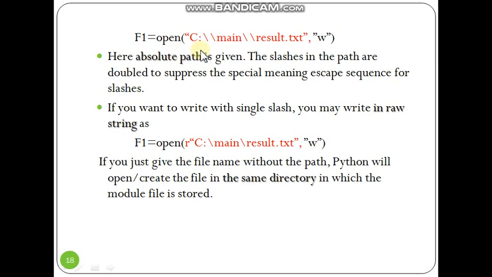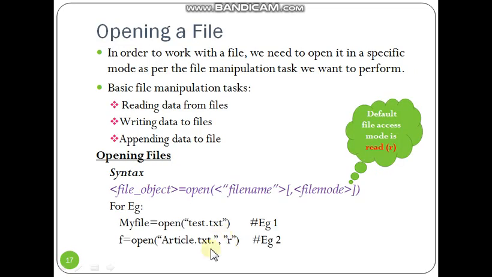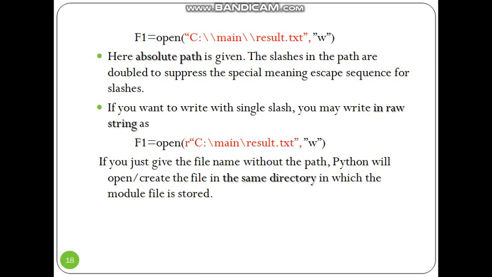In this case, we are mentioning only the file name, so the file will be looked up in the current working directory. This is the relative path method. If you want to give the absolute path, you can do that. That means including the drive, folder, subfolder, directory, subdirectory and all. You can specify the whole thing.